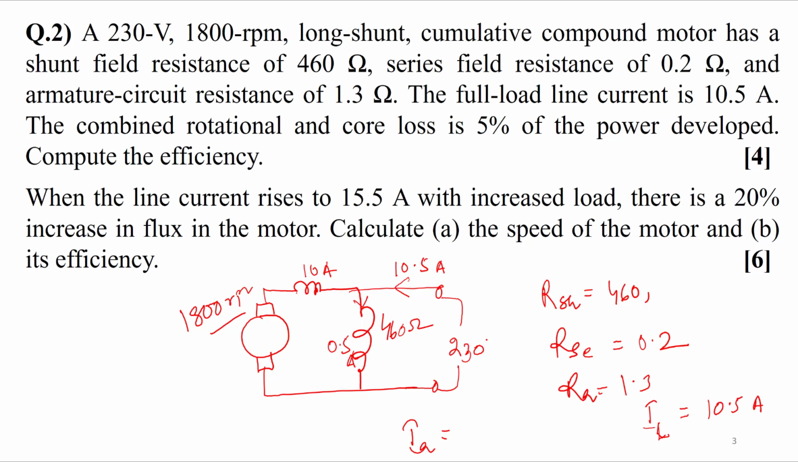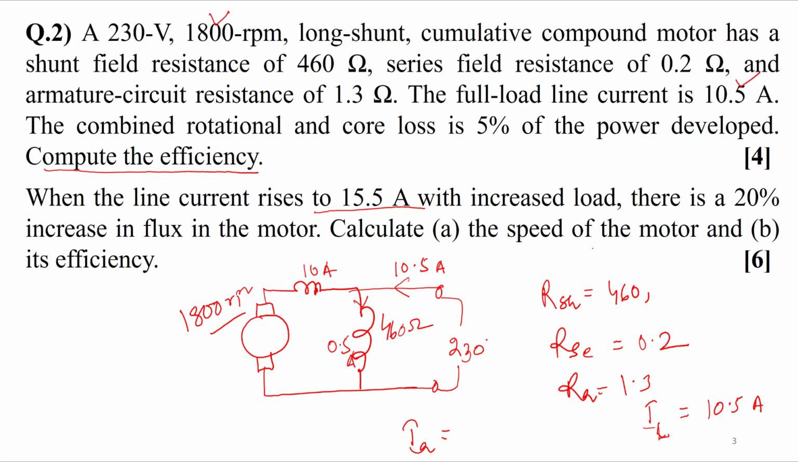So here we have two parts. This problem had two parts. In the first part you have to compute the efficiency with 1800 rpm and 10.5 ampere load current. Now in the second part, the line current rises to 15.5 ampere with increased load,